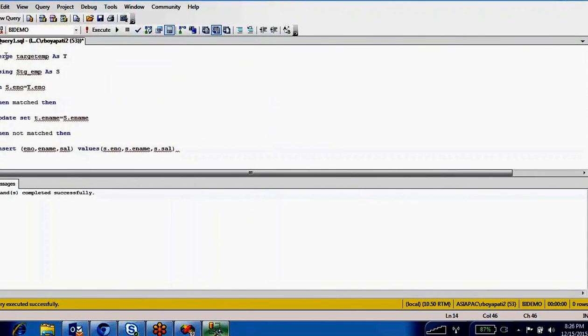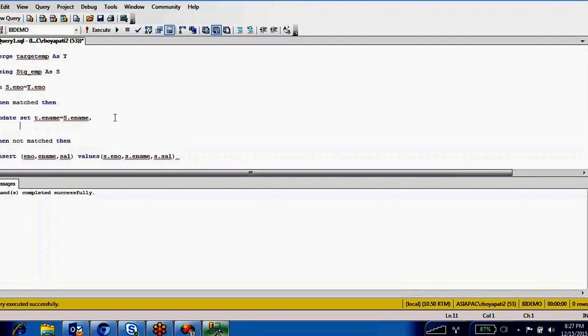See what exactly this does. I'm going to merge this table. This is my target table and this is my source table. Based on the common column, I'm going to compare: when the employee number coming from the source table matches the target table, then I'm going to update the record, that employee name. The employee number is not updated, right? Because that is permanent. If any changes come, mostly they will come on employee name or employee salary also, right? I'm going to make it t.salary equal to s.salary.